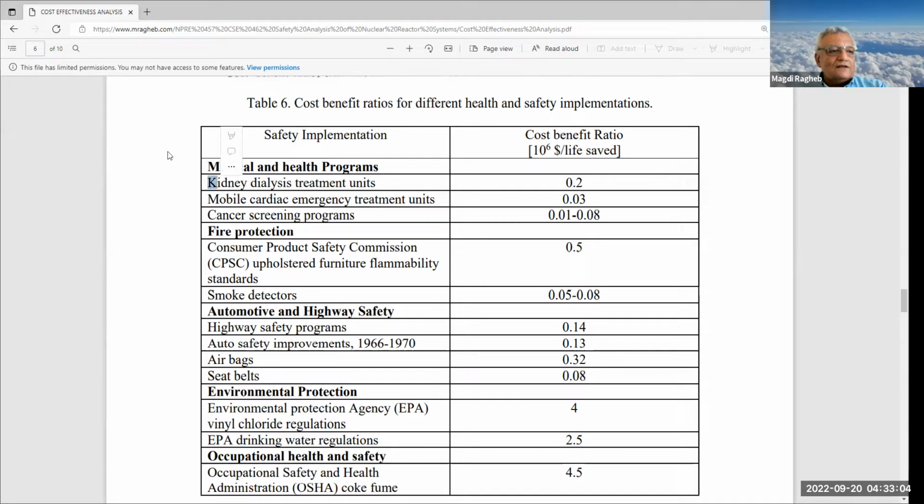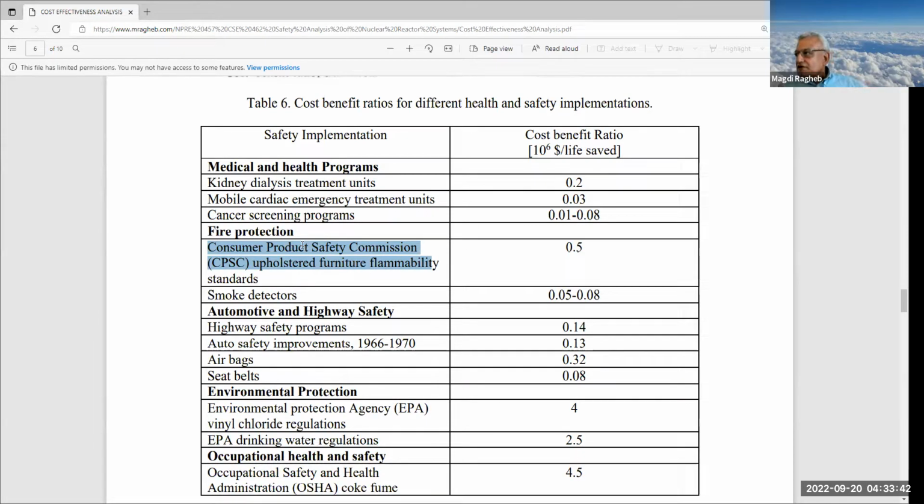For instance, you can add kidney dialysis treatment units. You'll find that its cost-benefit ratio is $0.2 million per life saved. Or you can have mobile cardiac emergency treatment units, that's $0.03 million per life saved, which would be $30,000 per life saved. You can add cancer screening programs, and you find that it can cost you from $0.01 to $0.08 million per life saved. Fire protection, the Consumer Product Safety Commission